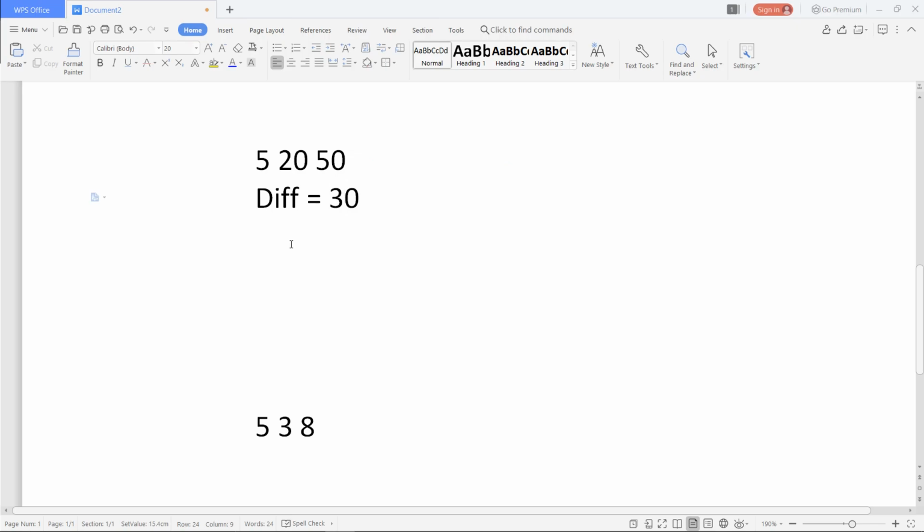So we will check if 30 is divisible by 4 or not. 30 modulo 4, obviously it's not 0.